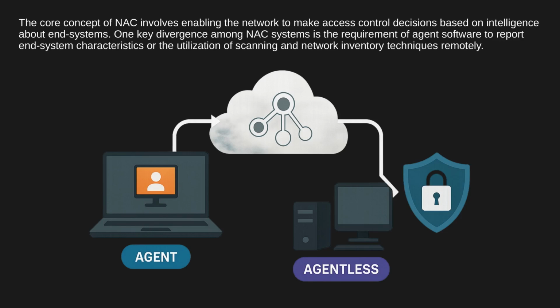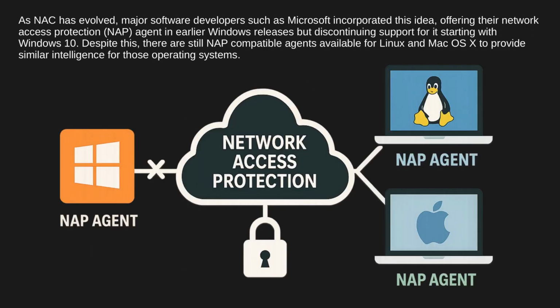One key divergence among NAC systems is the requirement of agent software to report end system characteristics, or the utilization of scanning and network inventory techniques remotely. As NAC has evolved, major software developers such as Microsoft incorporated this idea, offering their Network Access Protection, NAP, agent in earlier Windows releases, but discontinuing support for it starting with Windows 10. Despite this, there are still NAP-compatible agents available for Linux and Mac OS X to provide similar intelligence for those